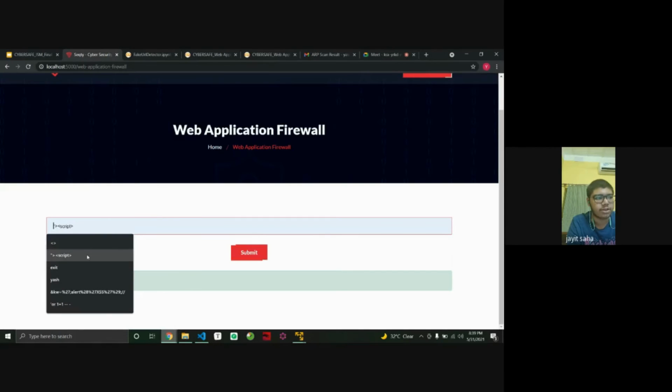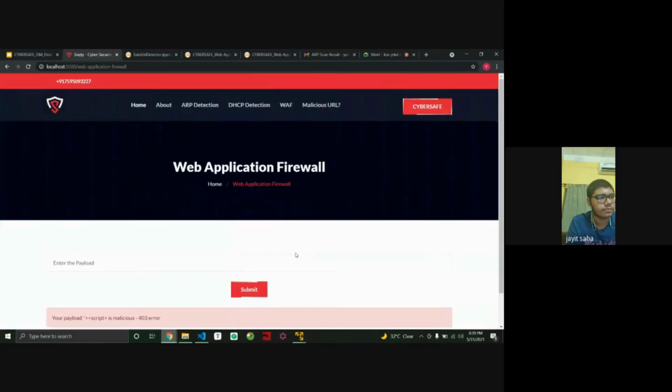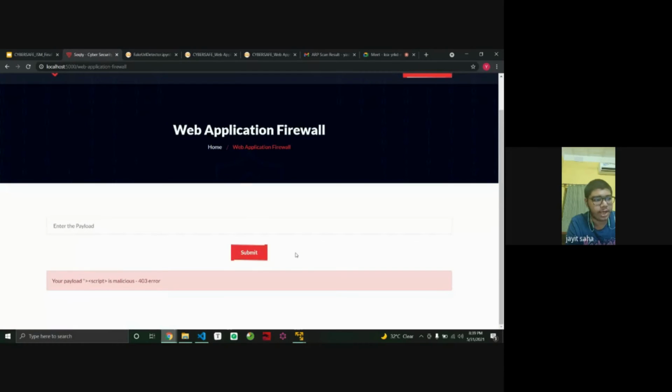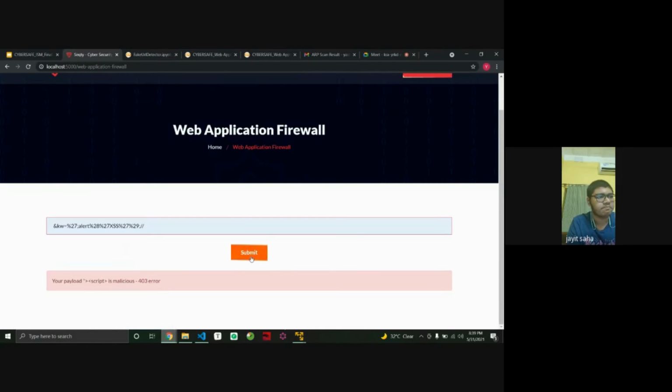So let's try some other expressions. Now the payload is malicious and there is a 403 error, the server blocks it and it does not go through the server. We can try one more. As you can see, even this is malicious, with a 403 error.